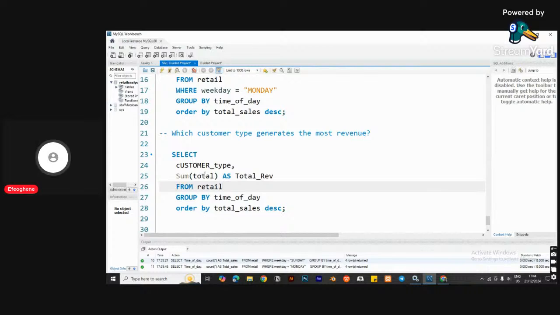So what you are returning should be what you are grouping by, all right? So we say group by customer type. And remember, what you are ordering your result by or sorting it by should be in sync with the alias column you created. So we'll say total revenue, order by total revenue. Okay. So if you run this,